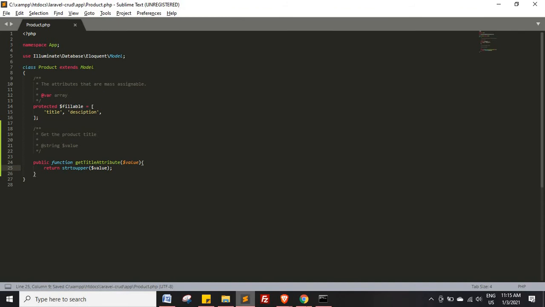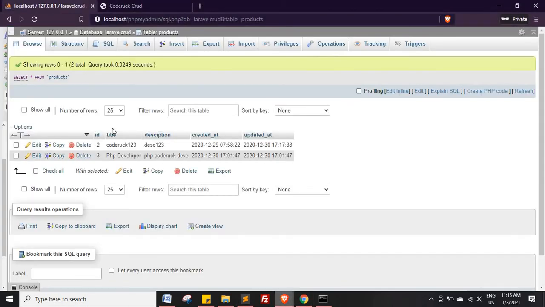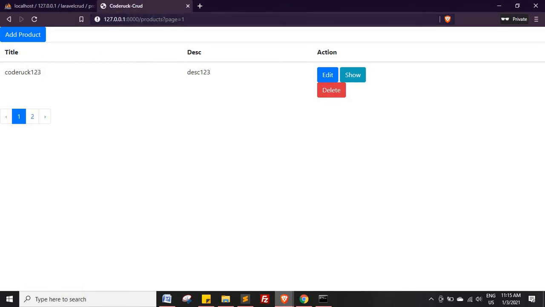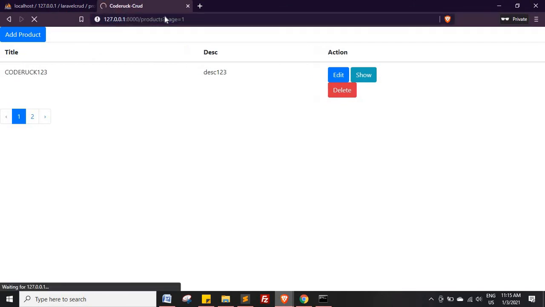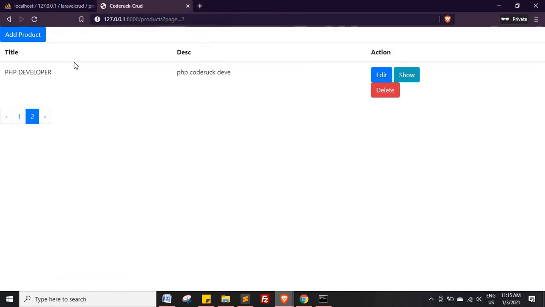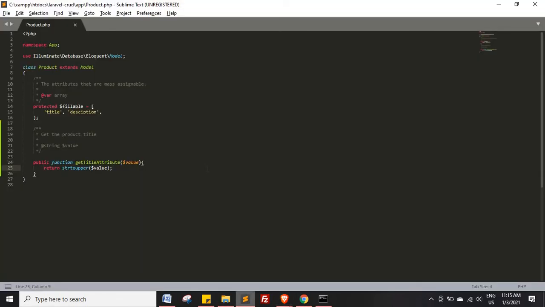So you have seen it, how we have saved in our database, like this one, code PHP 103, and we are accessing it. Now if I refresh it, see, our data is get manipulated. So this one we have discussed, basically this one is accessor. Now how you can use mutator.